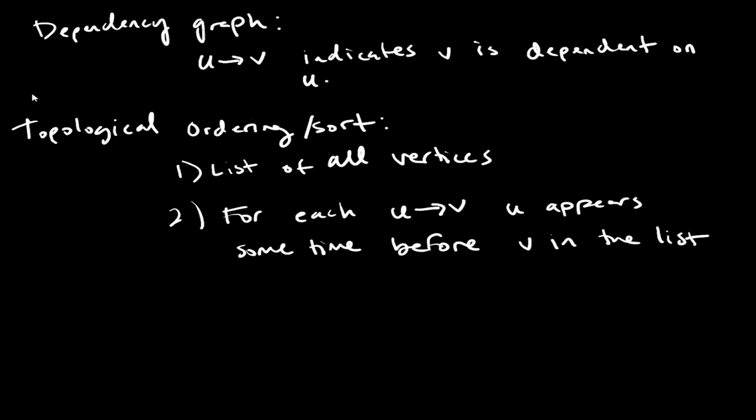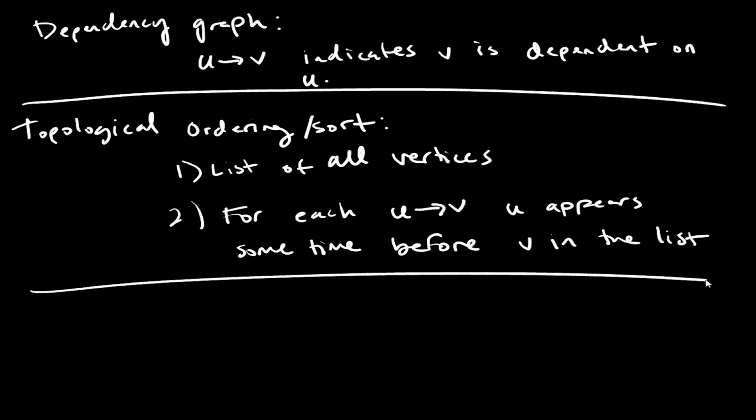Okay, so this is kind of like the definition of a topological ordering for a dependency graph. The nice thing is I can zoom to the next slide, because you can pause and read this if you want to look at the abstract definition a little bit. I'm going to jump into an example that we're going to be using for the rest of the lecture. So for example, and to the best of my knowledge, this is correct because I looked at it